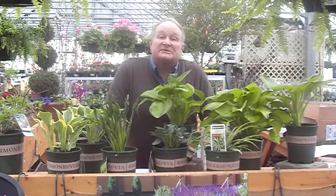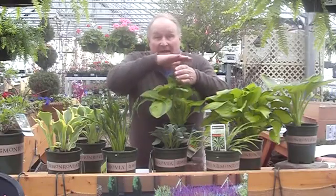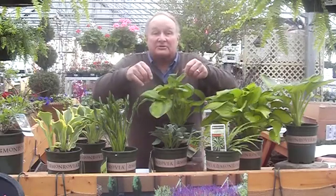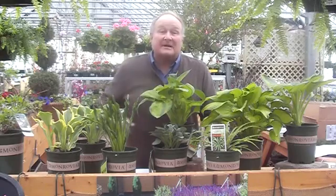Another one is called Sluggo. A third one is where people encourage you to put a small pan of beer and sink it into the ground where it's level with the mulch, and they'll actually be drawn by the sugars and the hops that are in the beer, and they drown, obviously, in the beer. What a heck of a way to go, but yet at the same time, it controls the slugs and the